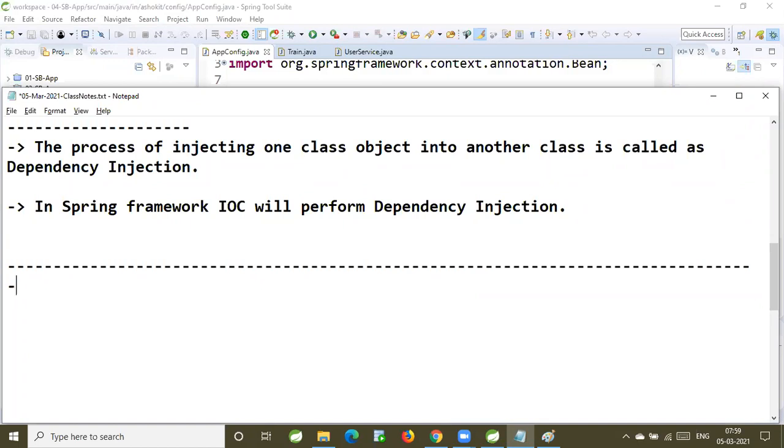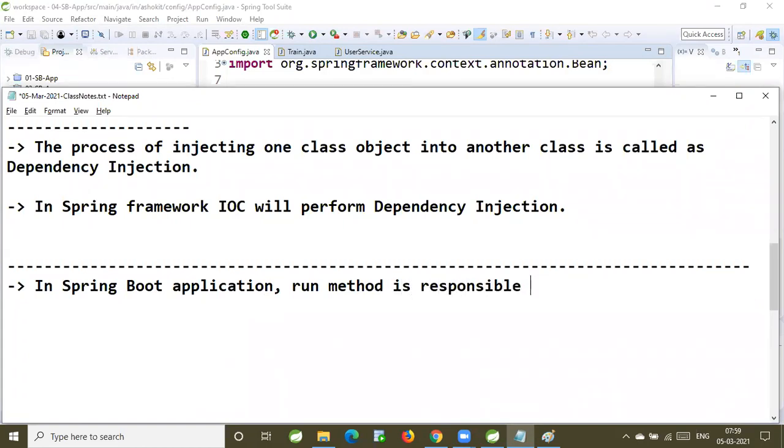In a Spring Boot application, the run method is responsible to start the IOC container.